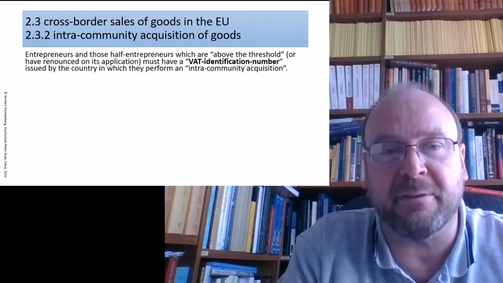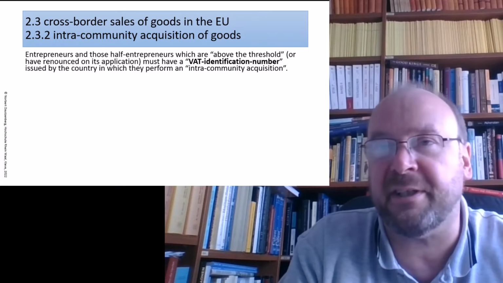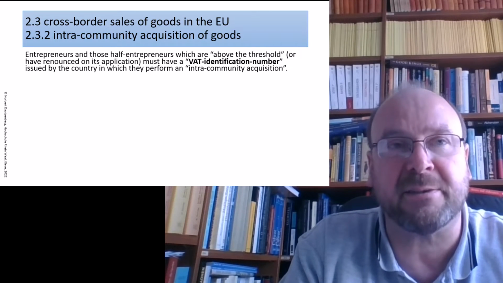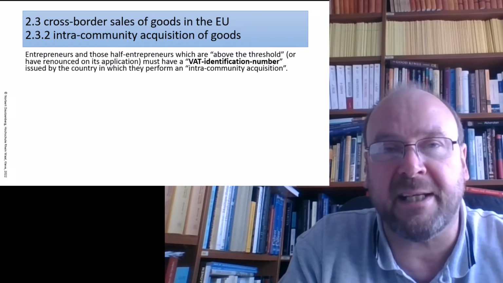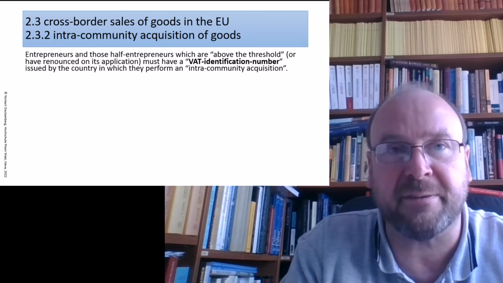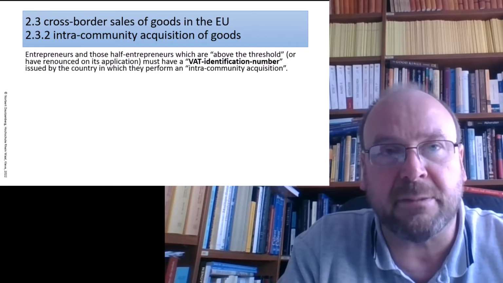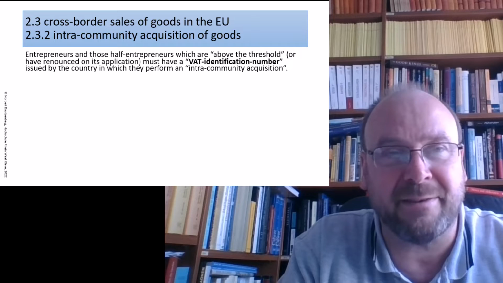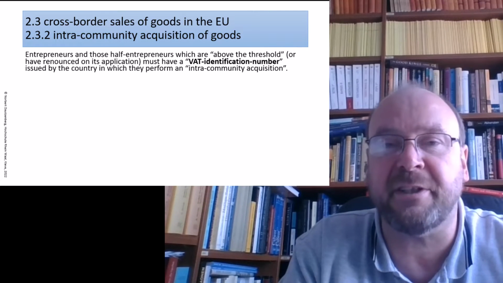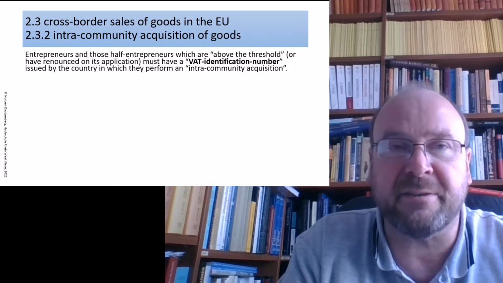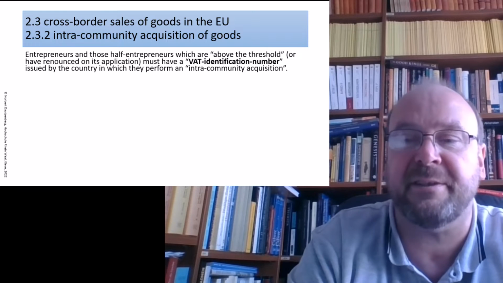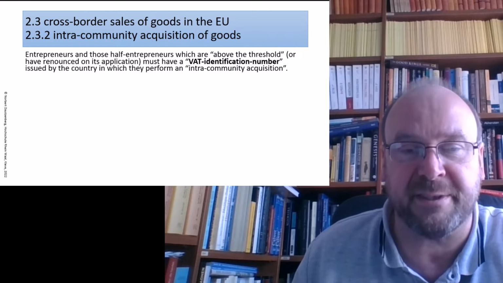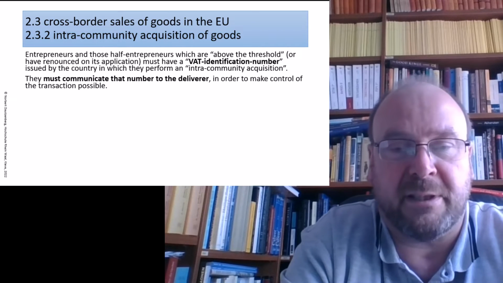On the other hand, imagine the case that a German enterprise owner also wishes to buy something for his establishment in France and has something sent from Italy to France. Then he performs an intra-community acquisition, Italy to France. France is the country of destination. You would have to pay the tax on the intra-community acquisition in France. So there you would also have to apply for a VAT ID number of France and use this to perform the acquisition.